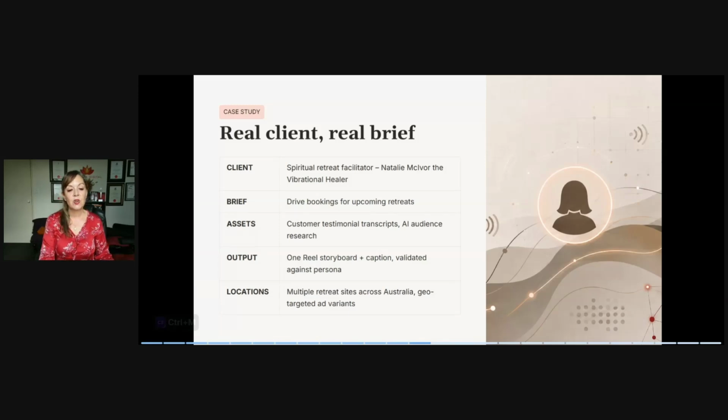She's trying to drive bookings for her upcoming retreats. Before, she was very broad with the ages and demographics, but now she's going to go for more of a market, and she generally has women at her retreats, so go for more mature women and really talk to them. But we need to know more about them to be able to do that well.